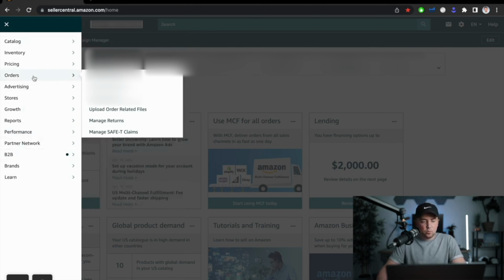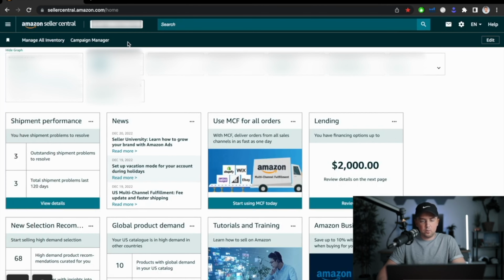I can add any one of these to this quick menu that I want right here, but for the main purpose of my account, all I'm really worried about is managing my inventory and my campaign manager as far as quick links. Anything else, I don't mind going into the 3-bar menu. Up here, you can see a quick